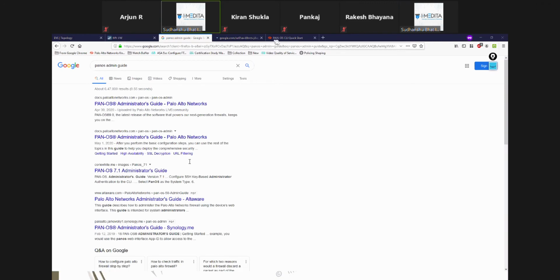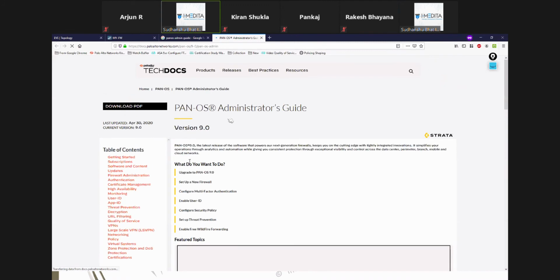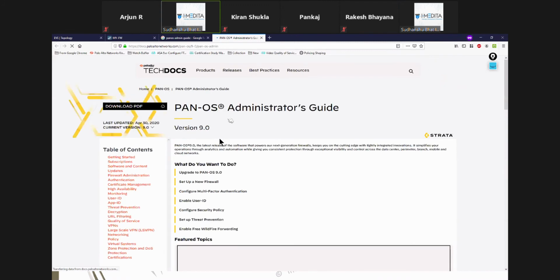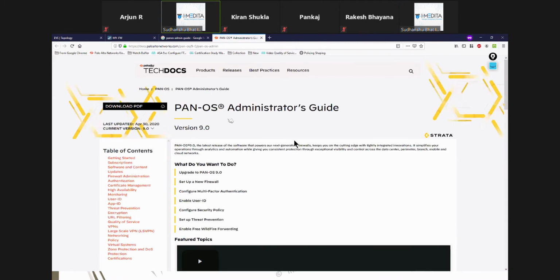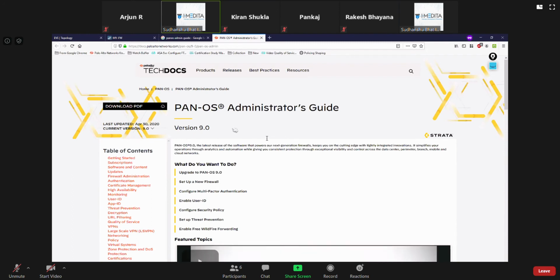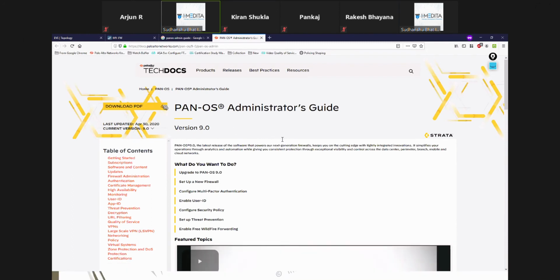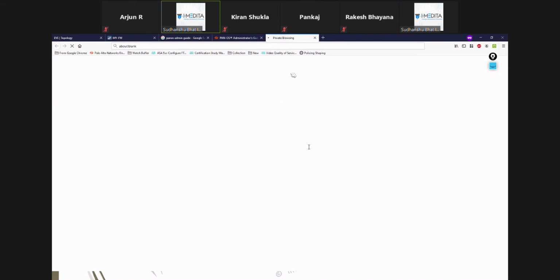This is something which any administrator who manages PanOS related firewalls on a day in day out basis should have. So download this as well. I'll point out certain things from this from time to time.